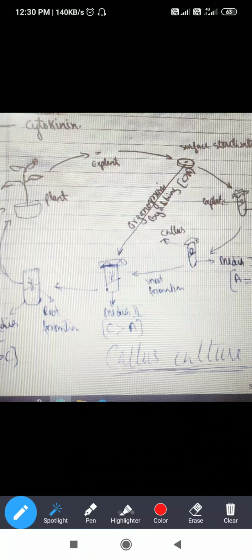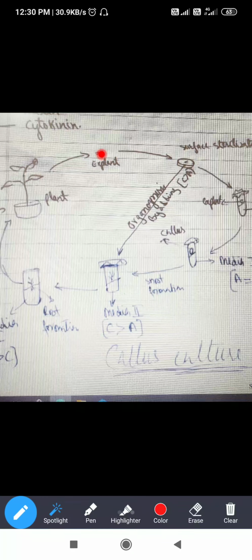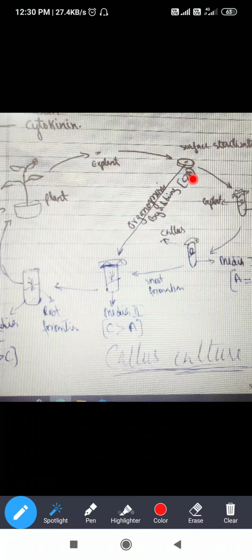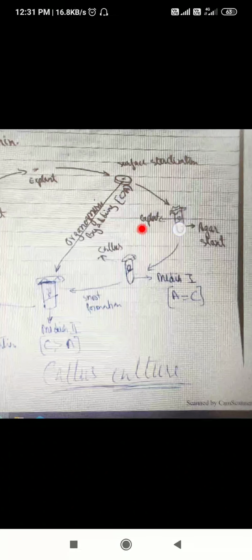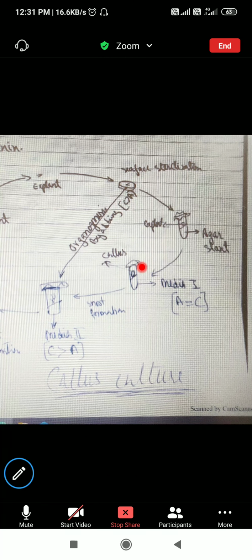So if we will be taking the explant, what we will do with the explant, we will go for the surface sterilization of explant. From the surface sterilization, then we have to inoculate this explant onto the medium, onto the medium like here. So when medium is there, we directly go for the organogenesis process. When simply we take an explant, we inoculate onto the liquid or solid medium, then with the help of growth regulators,